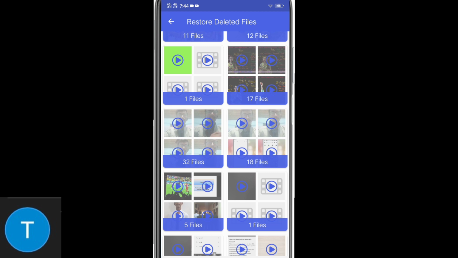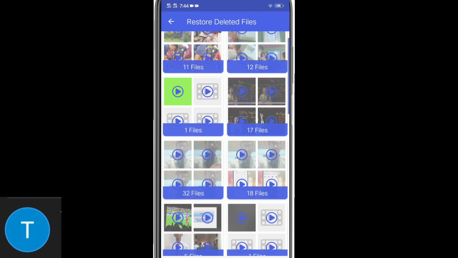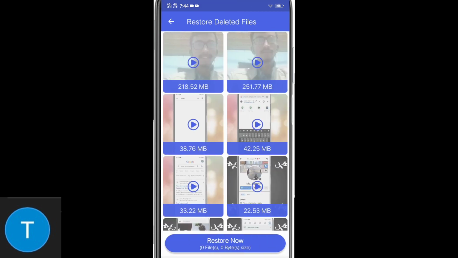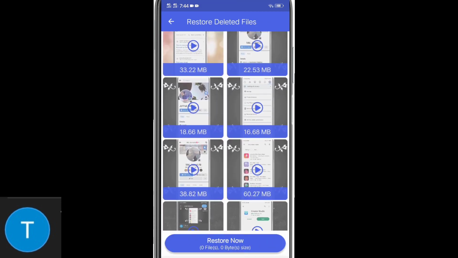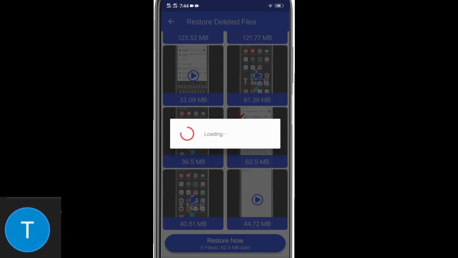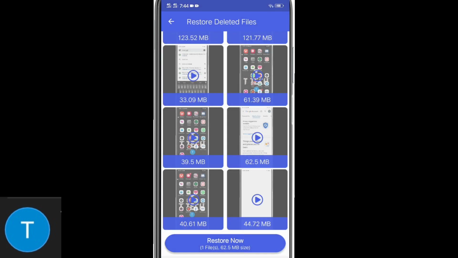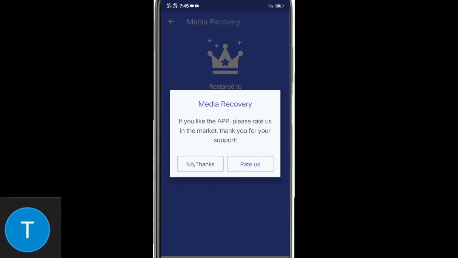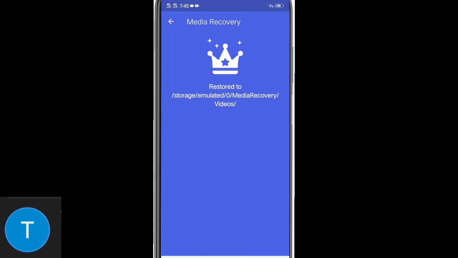So you have to simply click which file you want to get back. So I have simply clicked here, I want to get back this file. So you have to click on the file what you want to get back. So then after that you have to click restore now. So you can see here restore